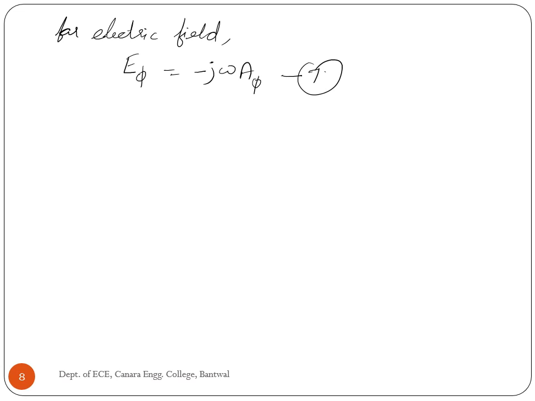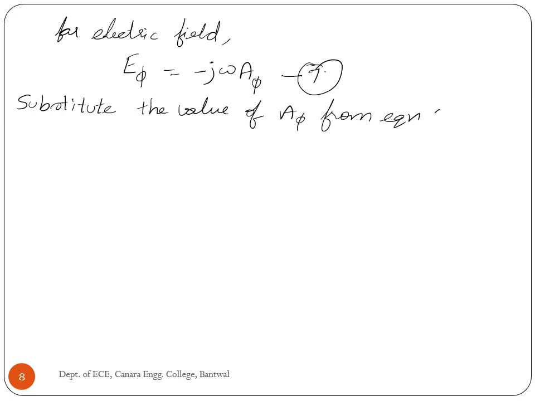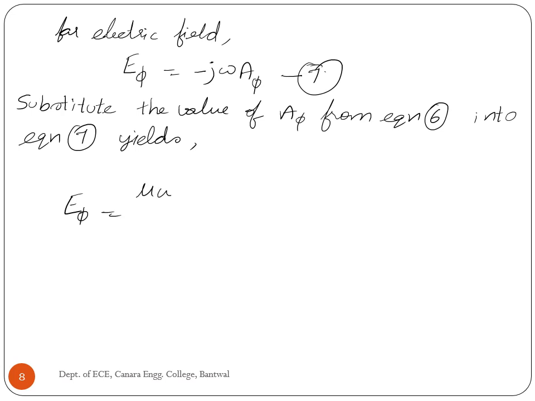Substituting the value of Aφ from equation 6 into equation 7, Eφ is equal to μωIa divided by 2r J1 of (βa sin θ),